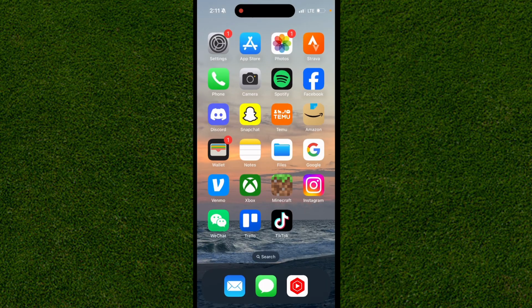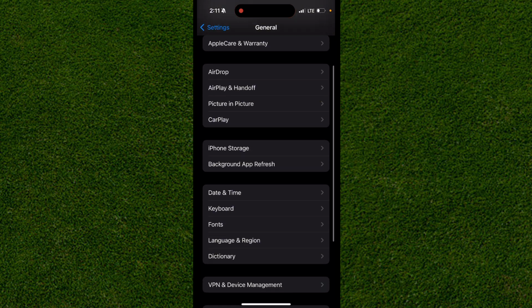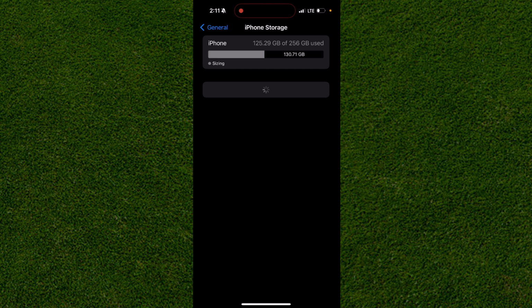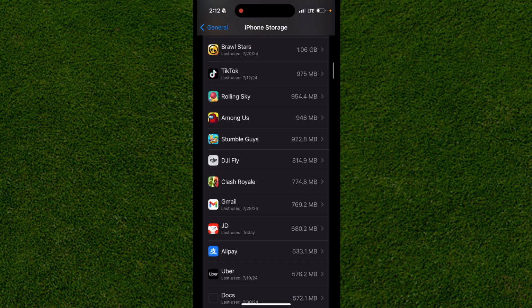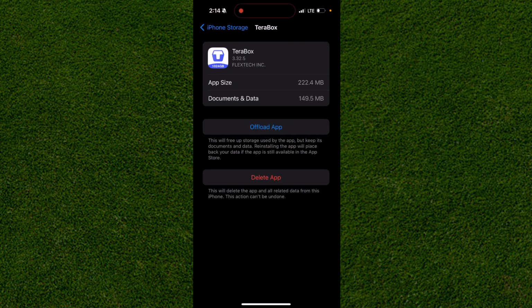But if it doesn't fix it, you just want to go over to your settings, and then you just want to go over to general, and you want to scroll down and find where it says iPhone storage. You click on iPhone storage, and once it actually loads all of this, you just want to scroll down once again and find where the app says Terabox. Once you actually find the Terabox app, you just want to click on it, and then from here you just